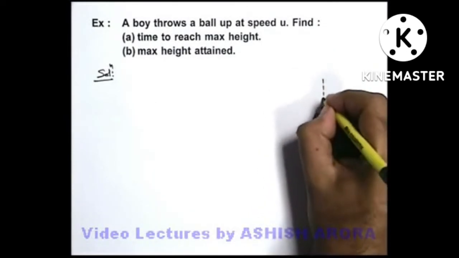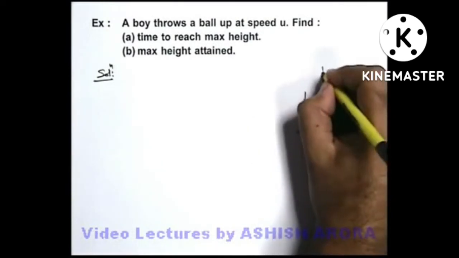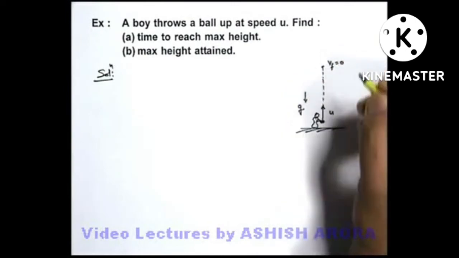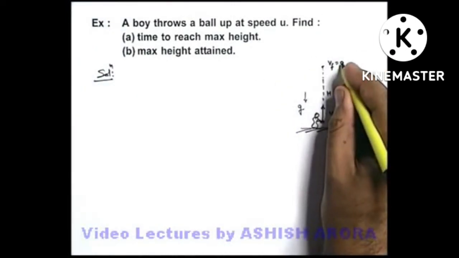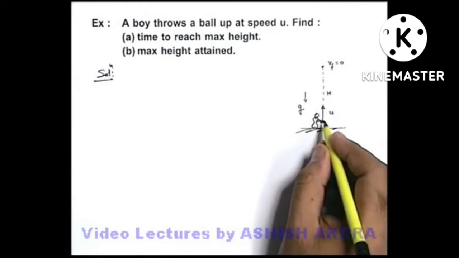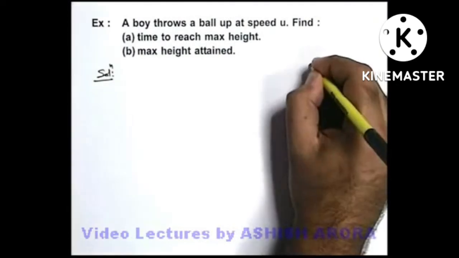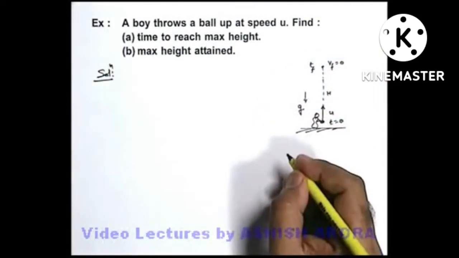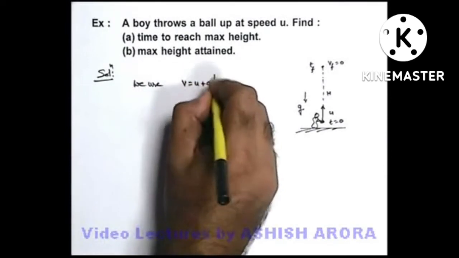We know well that when the ball goes up, it will be retarded in downward direction with acceleration g. So after some time, its final velocity is going to be 0, and certainly it will reach a maximum height h before its velocity becomes 0. So in this situation, if we find out the time to reach maximum height, say if it was thrown at t equal to 0 and say at time tf it reaches the maximum height, we use v is equals to u plus at.